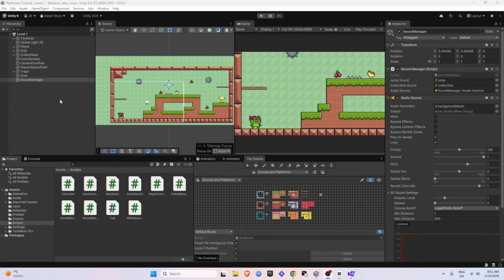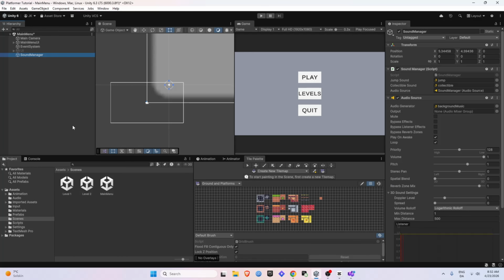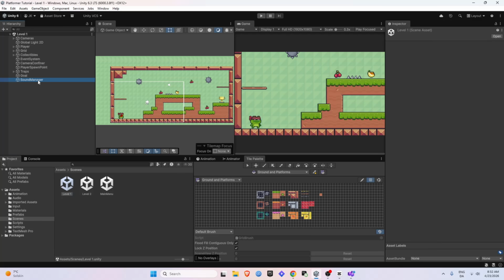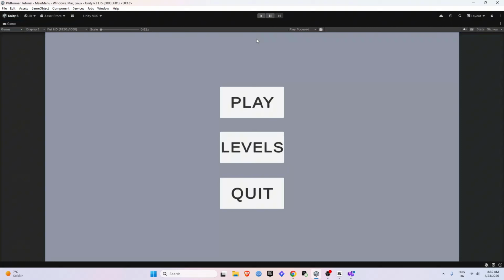And lastly, we also want to do the same for our sound manager. So I will select the sound manager in our hierarchy. I will copy the sound manager, go to my main menu and paste it in here. I will save my scene, go back to level 1 and delete my sound manager from my hierarchy in level 1. Save that scene as well. And now when we play our game,